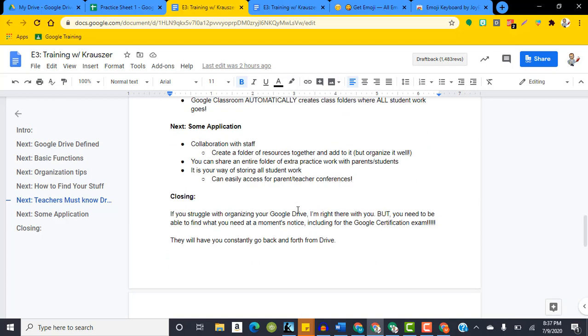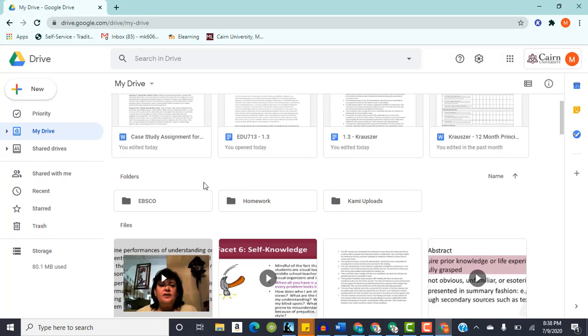Now, as for some application, what I will say, as kind of like an encouragement to you guys, what I really want you guys to try to do is collaborate with some staff. Maybe you teach the same grade level, or maybe the same subject. Like if you are a history teacher, maybe you want to create a folder of history resources for each time period. So what you can do in your Google Drive, and I'll use a cleaner one to show you, is